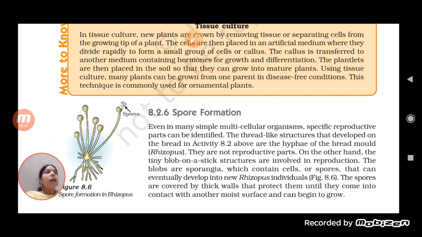happens. But it is not only that every time in a flowering plant only sexual reproduction takes place; asexual reproduction is also responsible for giving rise to a new plant, and this asexual reproduction can occur from any part of the plant. Like we can take a stem, or we can take the bud of the notches which is present in the potato. And in the last class we also studied how the buds present in the potato,